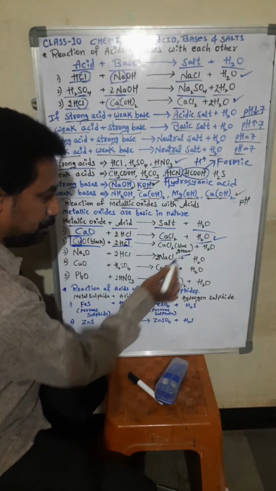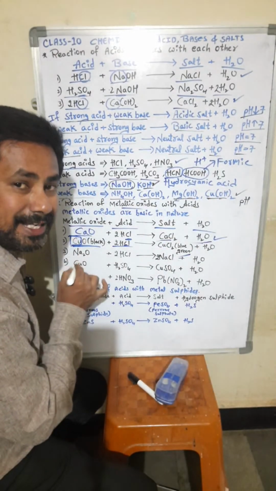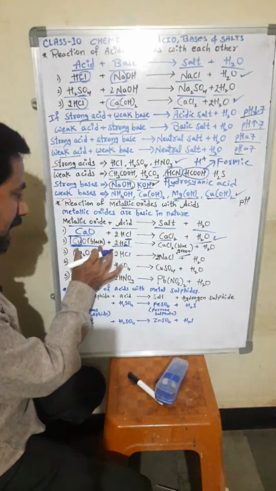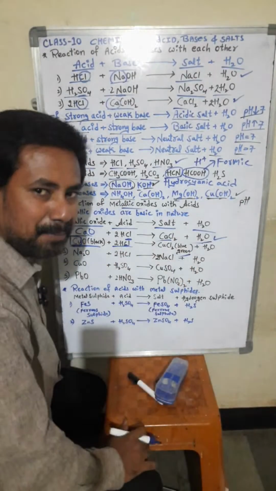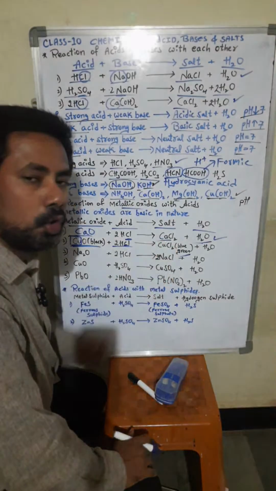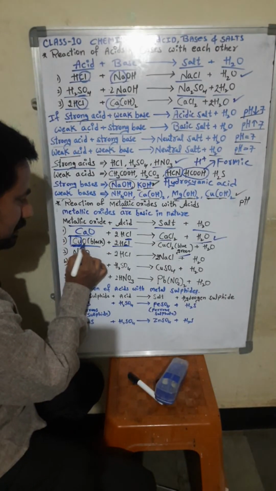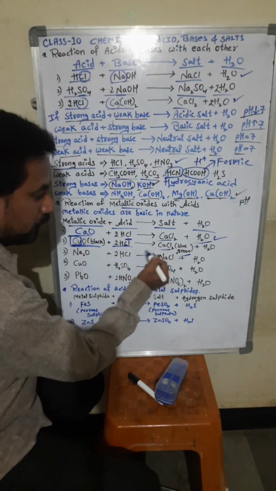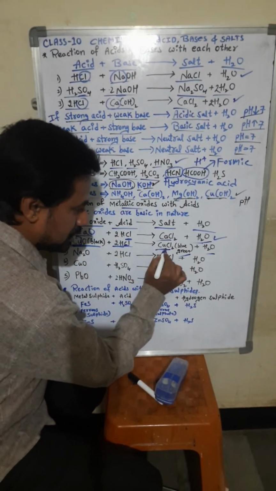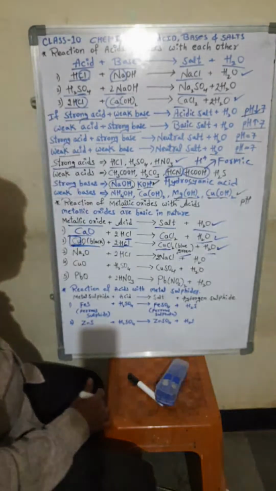So copper chloride is generally blue-green color. So which color it is? Blue-green color. Before metallic oxide, CuO, which color it was? Black color. When it combined with acid, blue-green color happened. Means what happened there? Salt formed. Which salt? Copper chloride. Simple, easy. Copper oxide combining with hydrochloric acid, copper chloride and water. Metallic oxide, acid, salt plus water. Clear? Easy? Fine. So next,